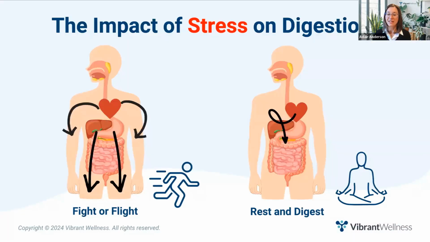When stool results indicate digestive insufficiency, that is a perfect opportunity to talk with your patient about the impact stress is having on their digestion. For example, what happens in the body when you're stressed? Well, your heart rate and blood pressure will increase, and your blood flow will be directed away from your digestive organs, digestive system, and into your arms and legs so you can run or fight. And this makes sense. Digesting your food is not a priority if you are about to be food.